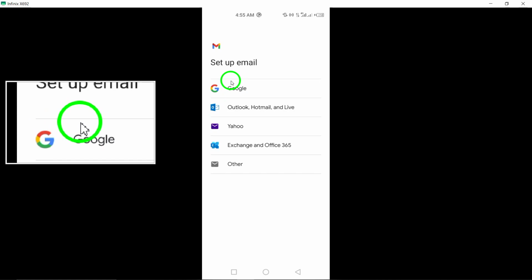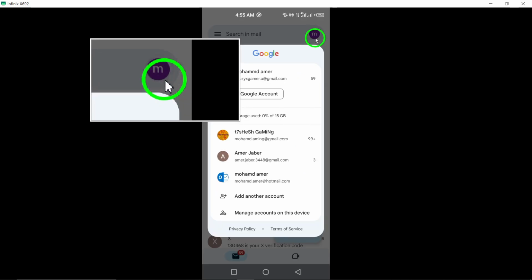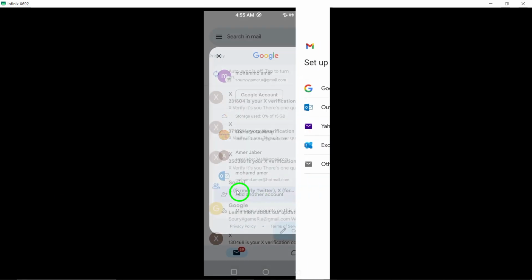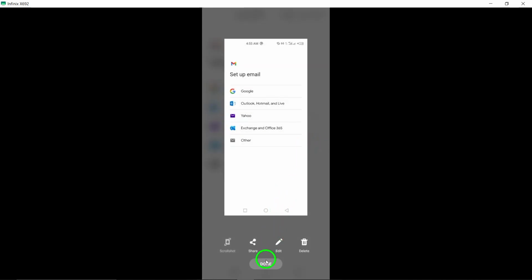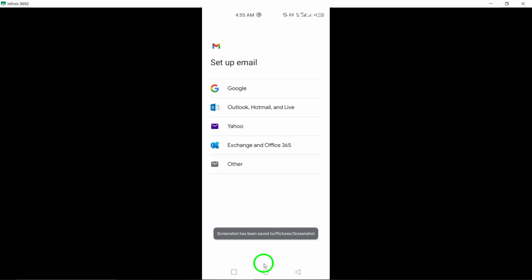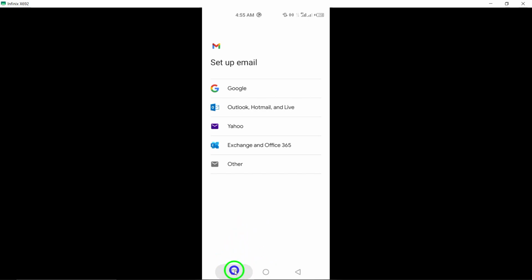Alternatively, you can access Gmail using the Gmail web interface. Open your preferred web browser on your Android device and visit the Gmail website by going to mail.google.com. Once you're on the Gmail website, sign in with your Google account credentials to access your Gmail account through the web interface. By following these steps, you can easily log into Gmail either through the Gmail app on your mobile